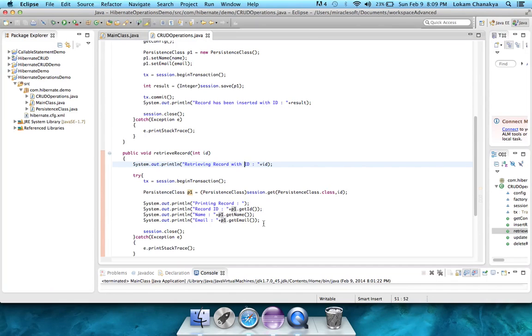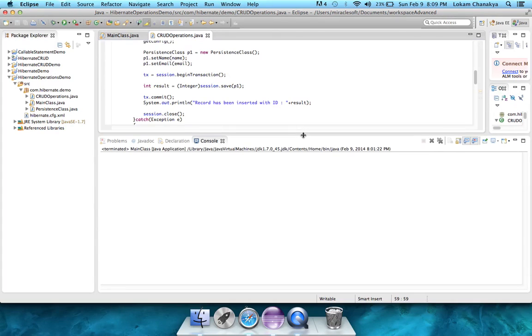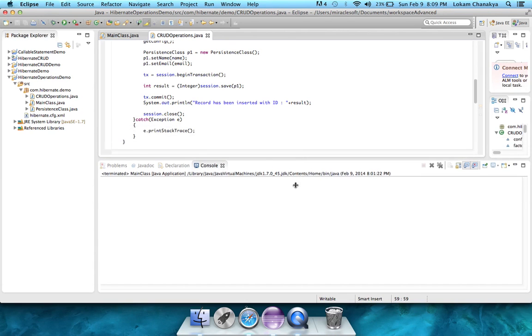As you know, this method just retrieves records based on the ID, but we'll also be covering advanced tutorials on Hibernate where you can actually write SQL queries or HQL queries, and there's something called criterias as well, which you use with the retrieval, and you can use those to specify where clauses. You can specify which columns you actually want to retrieve from the table. You can also specify different sorts of restrictions and conditions on the particular select query that you're writing. So that will be taken care of in advanced Hibernate tutorials, but for now we're just going to retrieve a